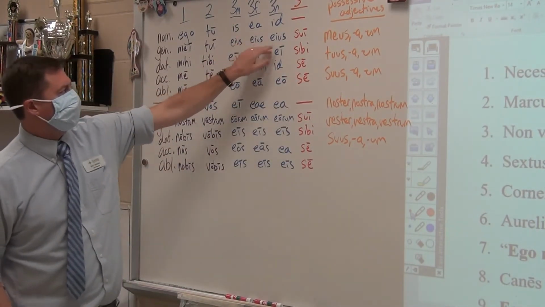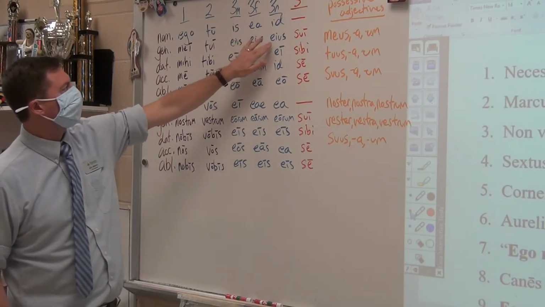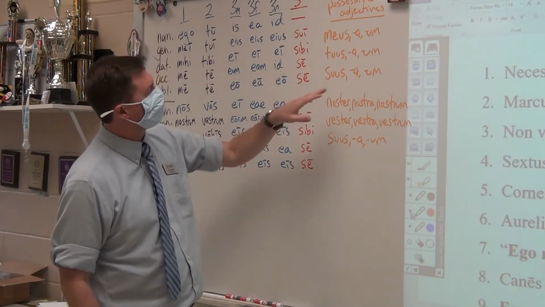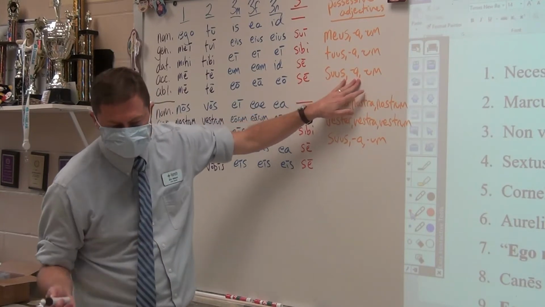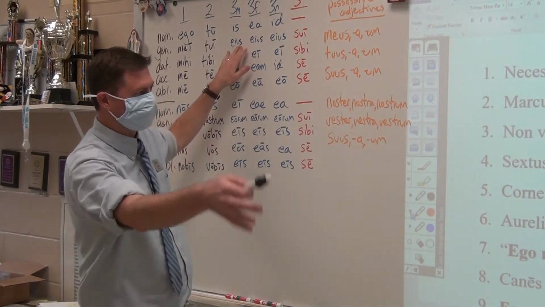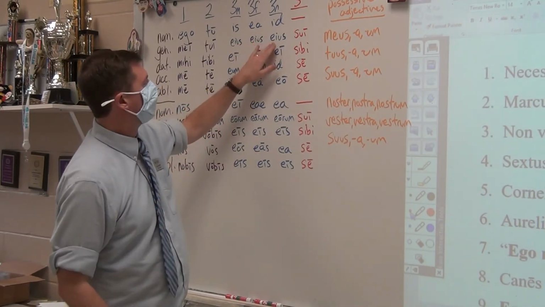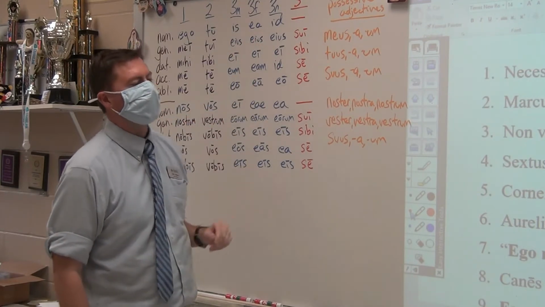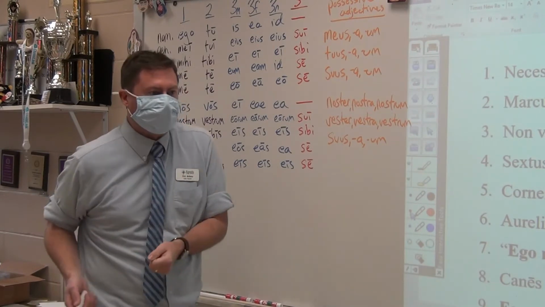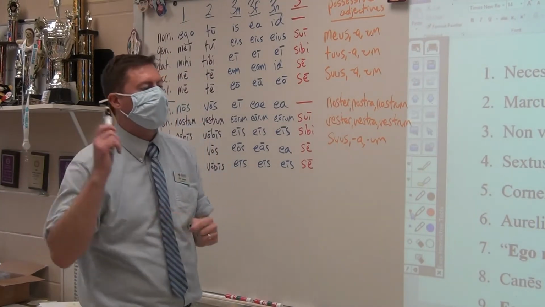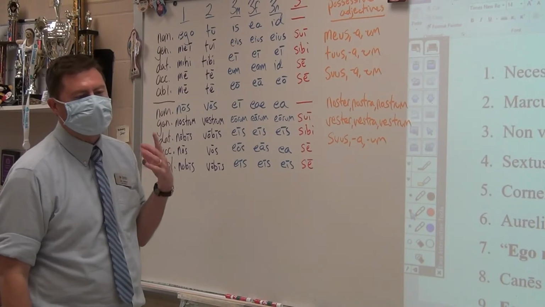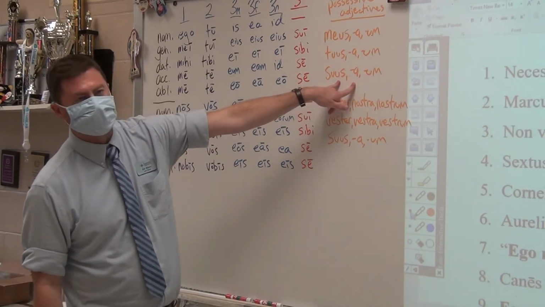Now, in the third person, eius can mean his, her, or its, but it's somebody else's. If you want to indicate the same as the subject, you use the adjective suus, a, um, which means his own, her own, and its own, as opposed to his dog, somebody else's, her dog, somebody else's, its dog, somebody else's. So in Latin, when you say, he does not like his dog, in English you don't know whether it's he does not like his own dog, or he does not like his neighbor's dog. But in Latin you will, because if it is his neighbor's dog, eius, somebody else. But if it is his own dog, suus, a, um, which would be his own dog.